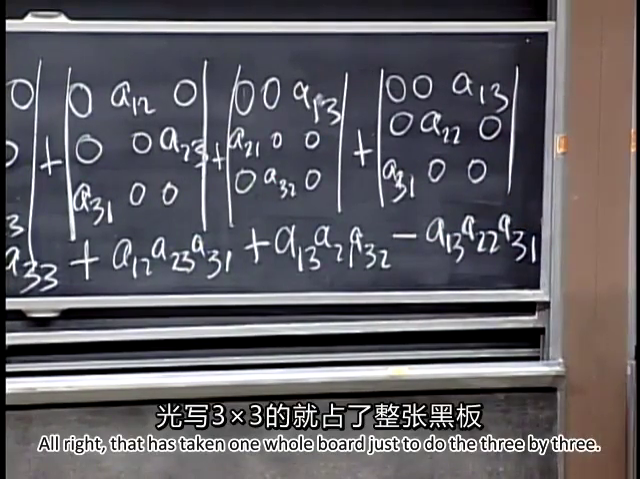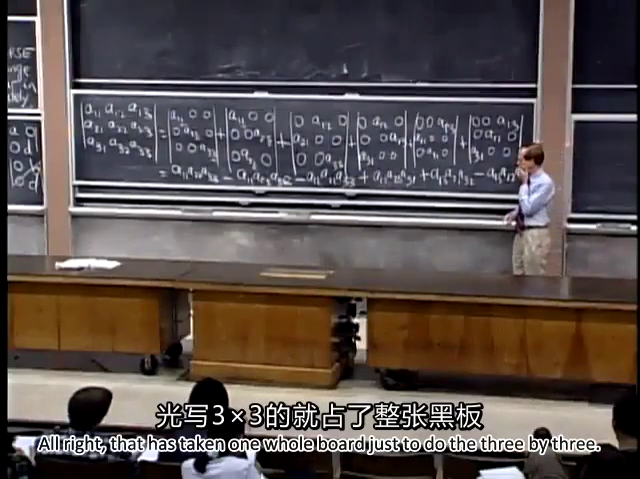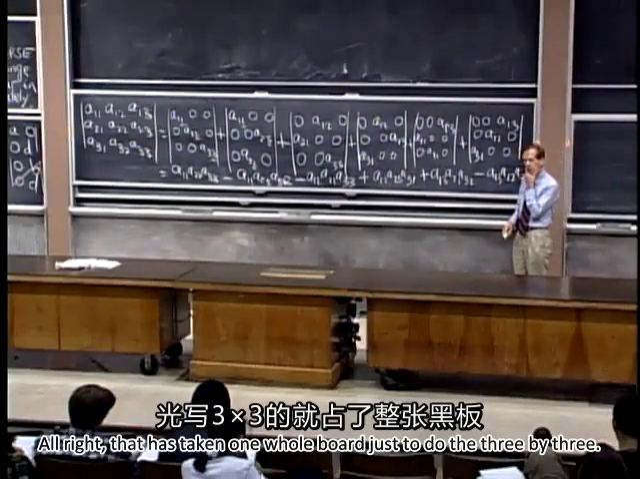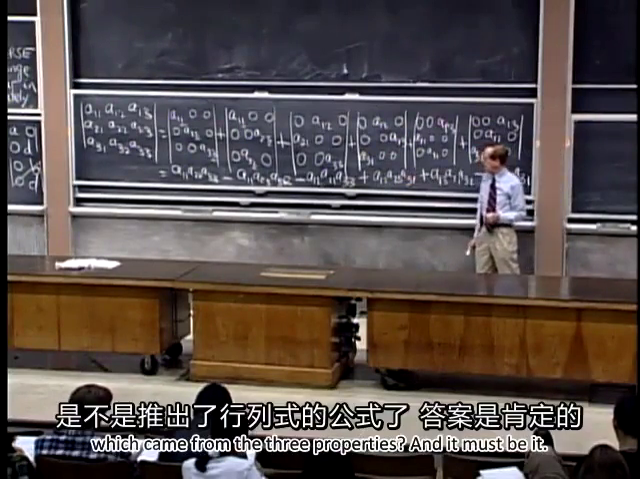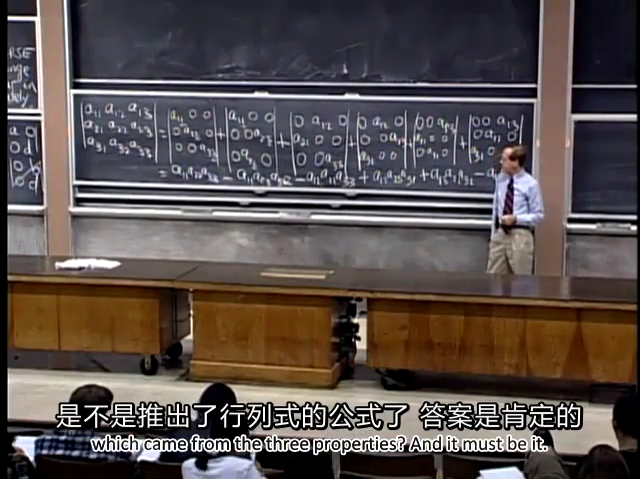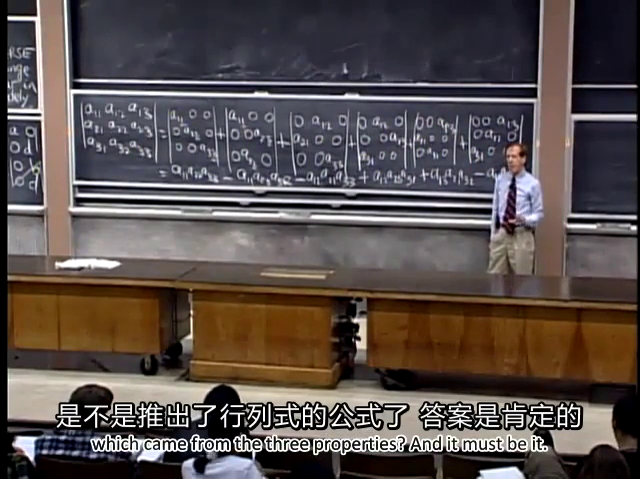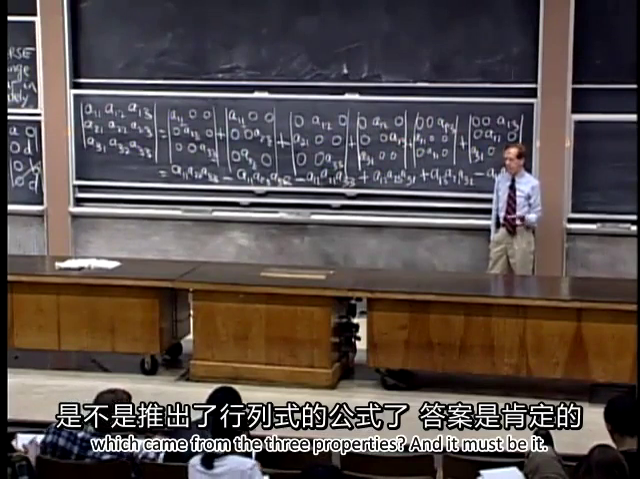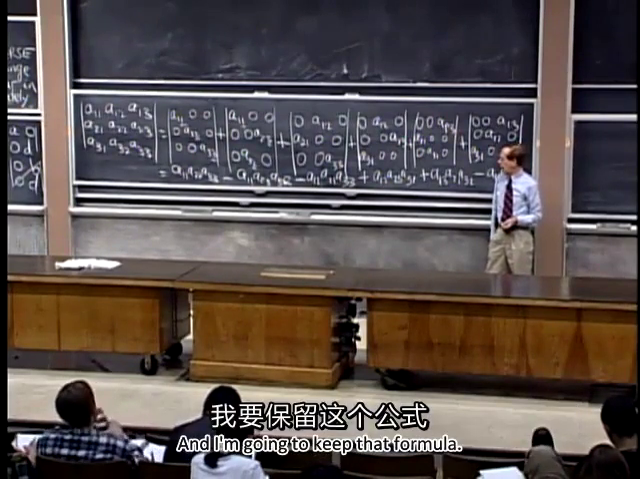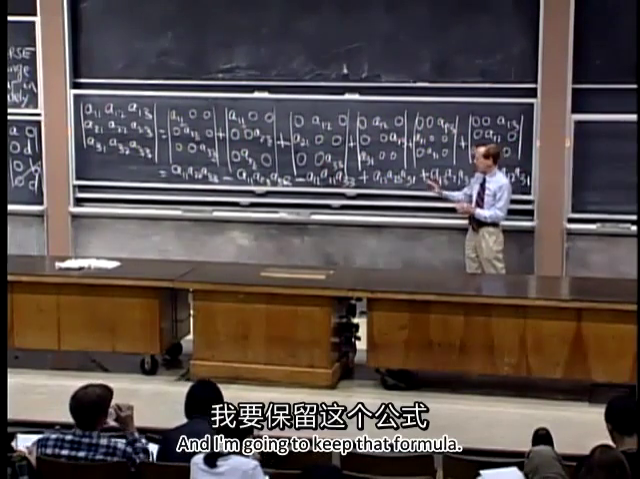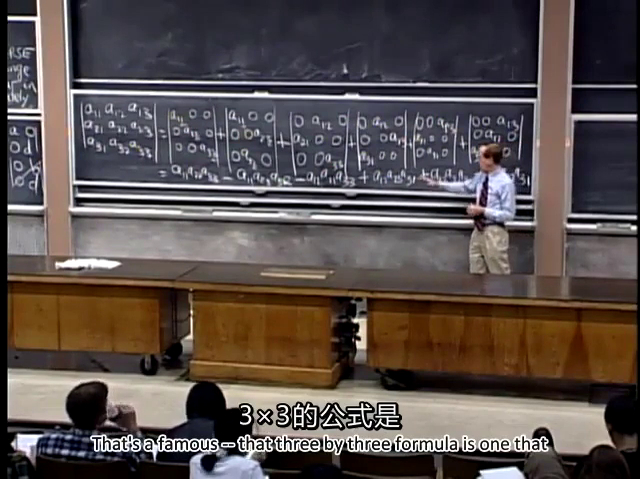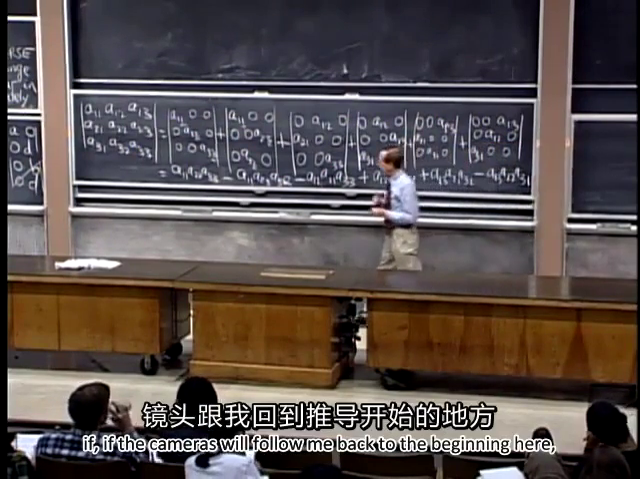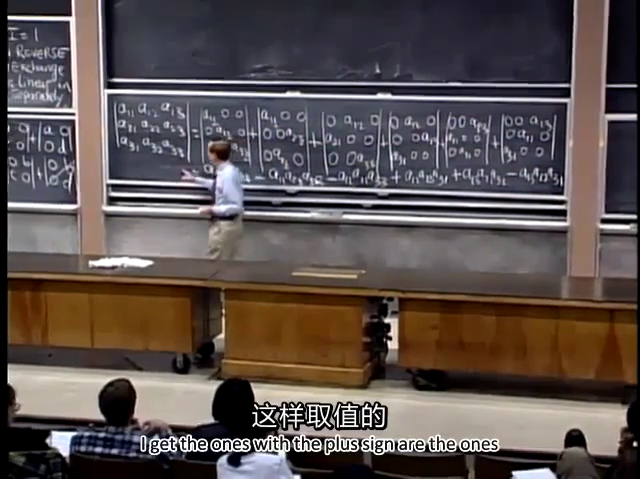All right, that has taken one whole board just to do the 3 by 3. But do you agree that we now have a formula for the determinant which came from the three properties and must be it? And I'm going to keep that formula. That 3 by 3 formula is one that, if the cameras will follow me back to the beginning here,